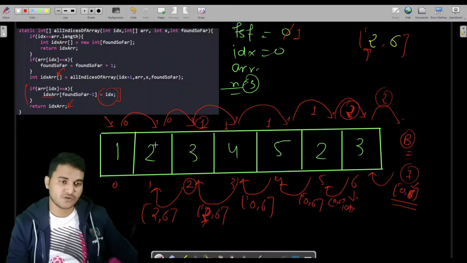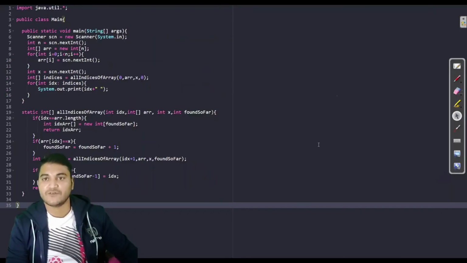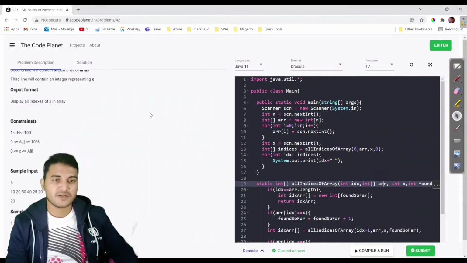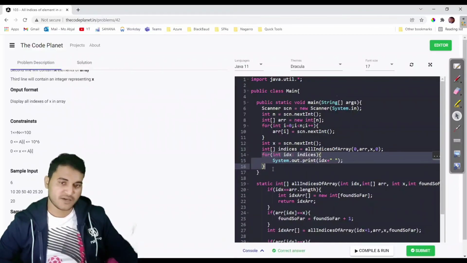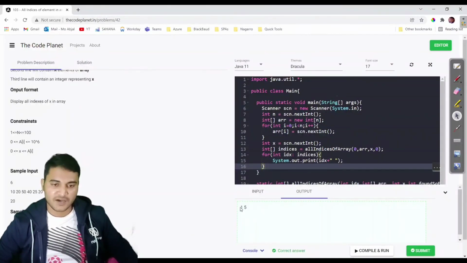If this 2 is equal to 3, no it's not, then it will also return the same value, which is 2 comma 6. And it will check if this 1 is equal to 3, no it's not, it will return the same array 2 comma 6 to the main method from where it was called. Fine. So this was the whole explanation, and it is written in the array here, and we are simply printing the values of the array. That is why we are getting the answer.